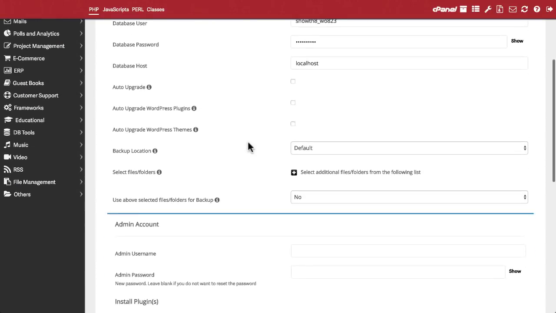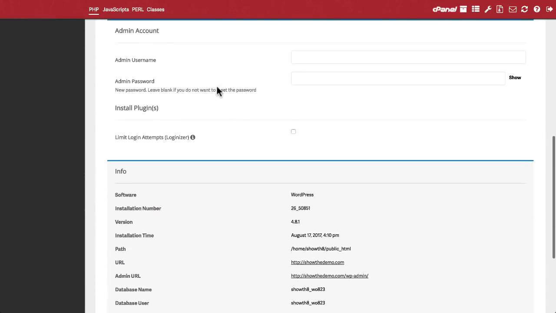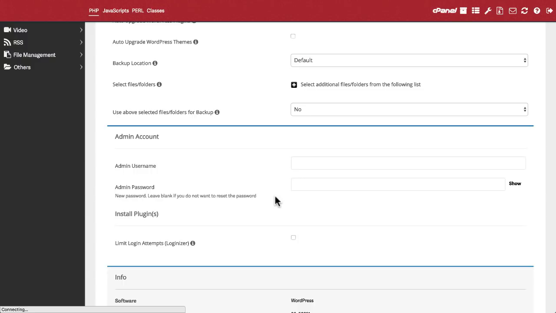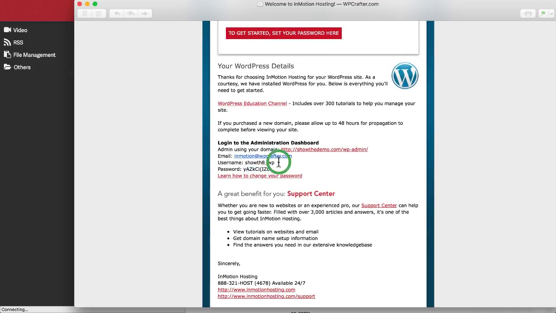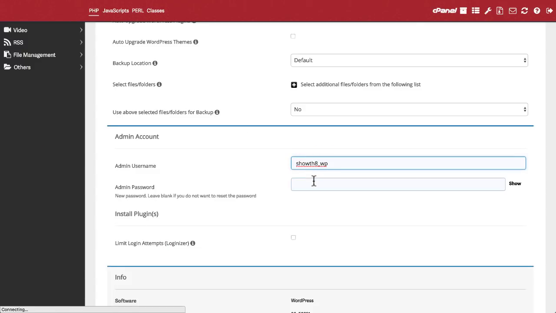So this will be the address when someone comes to my website. Next, I want you to scroll down just a little bit here to where it says admin account. So first thing we need to do is change the password, and in order to actually have these changes go into effect, we have to use the admin account that was created and sent in that email. So if I pull up that email again and I go right here and I highlight the username that was created and I copy it into my clipboard, you can do Control-C or Command-C on your keyboard, or right click